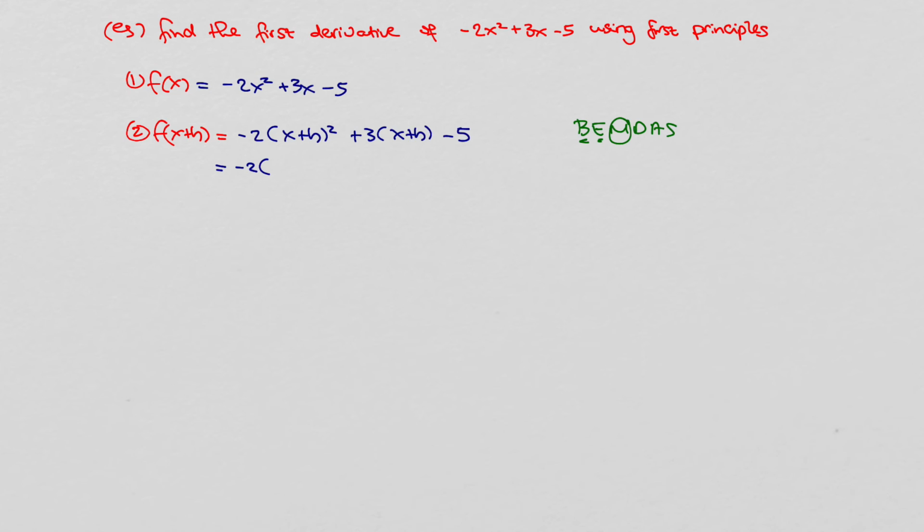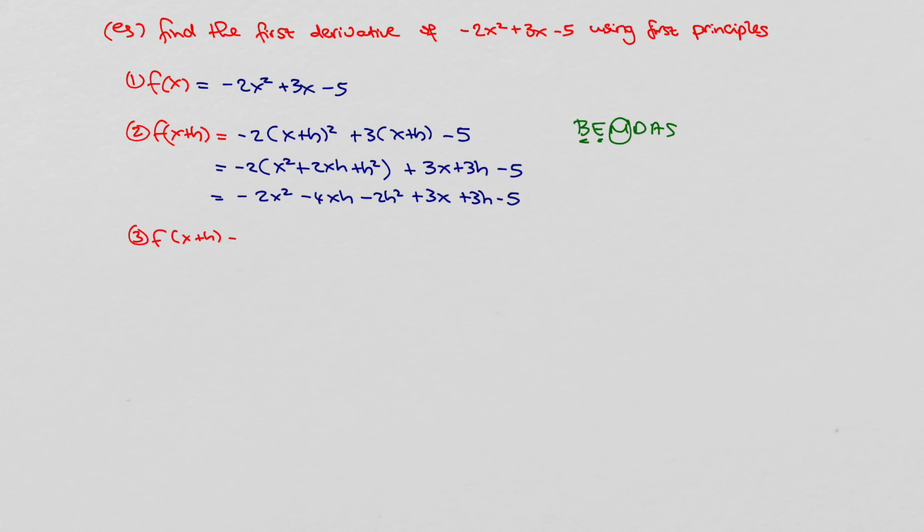So x plus h squared means square the first, multiply them and double it, square the second. And now I multiply my 3 by x plus h. And now I will do the minus 2 by x squared, minus 2 by 2xh, and minus 2 by h squared. I cannot add any of these terms. There are no like terms there. So now I'm ready to move on to step 3, which is where I get f of x plus h